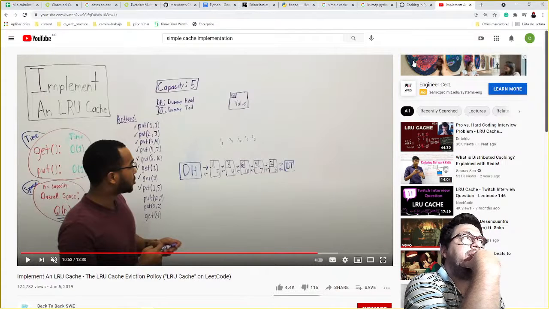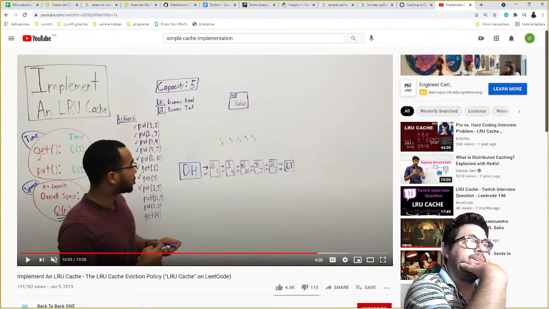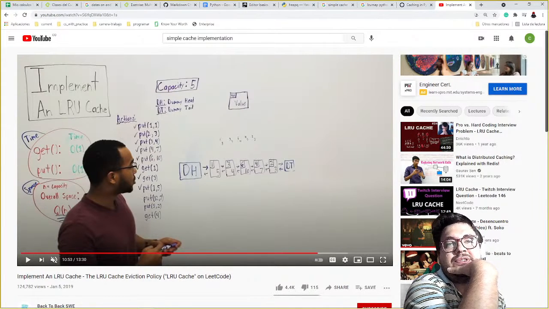There is just an array. Can we solve that with an array? No, because when you delete something, that is going to move the whole array, and that is going to cost.